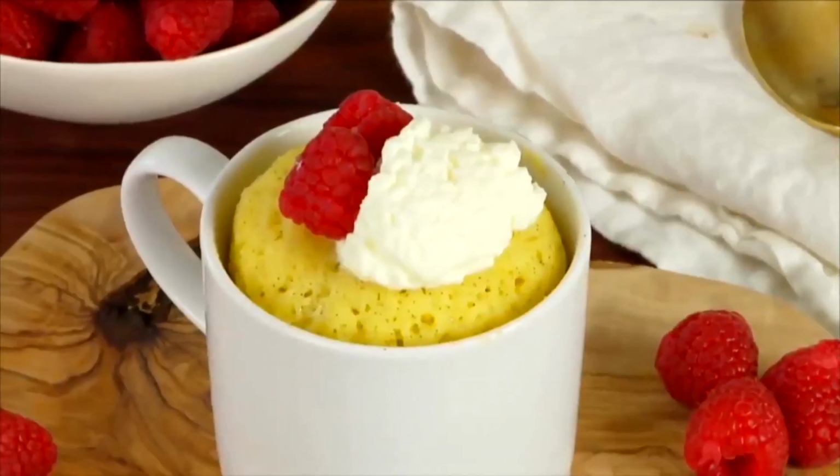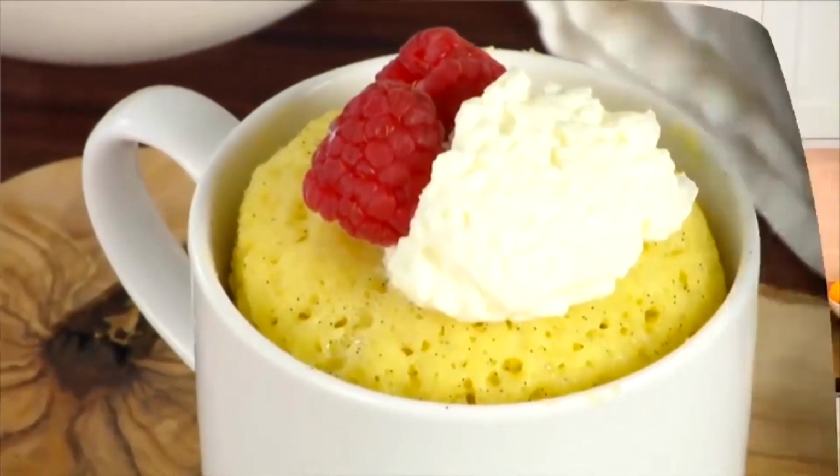Okay, so now that we've got the basic system down, let's go ahead and make the vanilla mug cake. Now, just like any vanilla cake, you can get the job done using vanilla extract. That will completely work. If you have that, use that. But if you want to make this even extra,